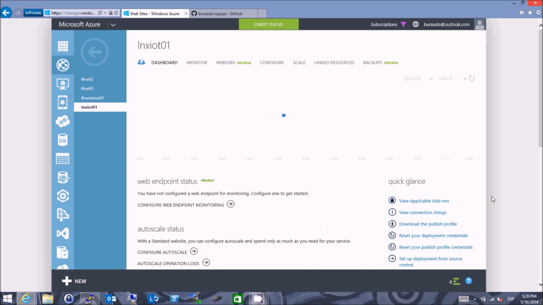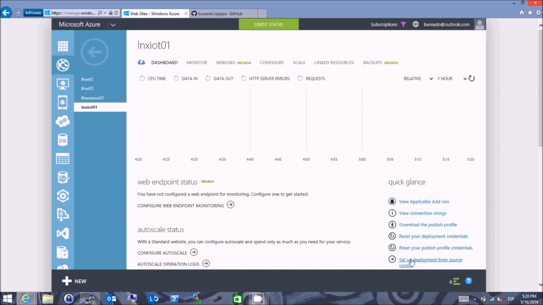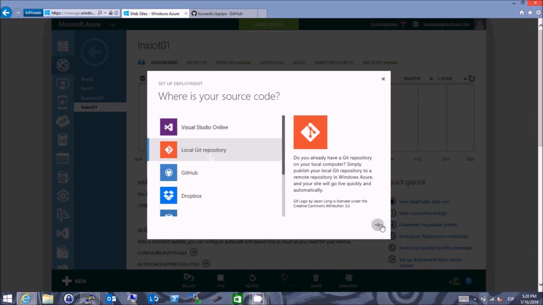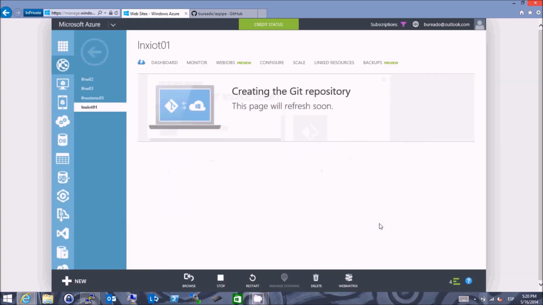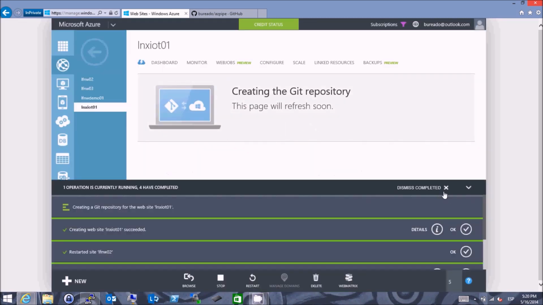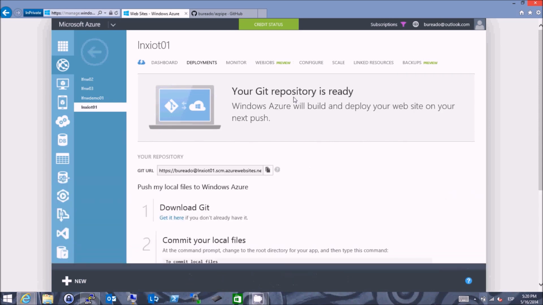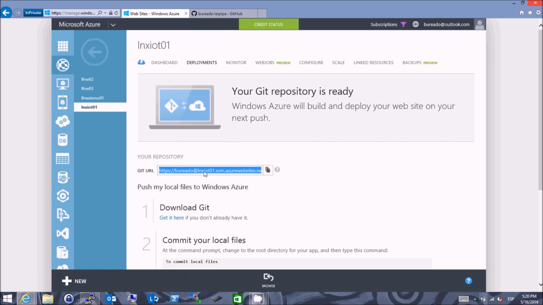So on my dashboard I can just set up deployment from source control, which is one of the options right here. As I mentioned, I have Visual Studio Online and some other choices here. I'm going to choose a local Git repository, and basically what this will do is it'll create a new tab with information on my deployments, and it's going to give me the address of the Git repo that I can use. So I'm going to take that